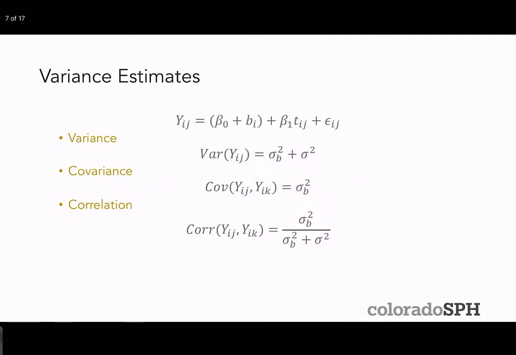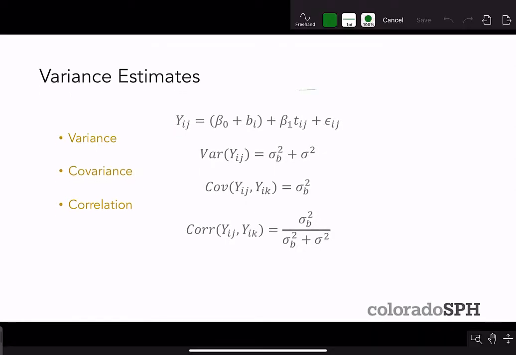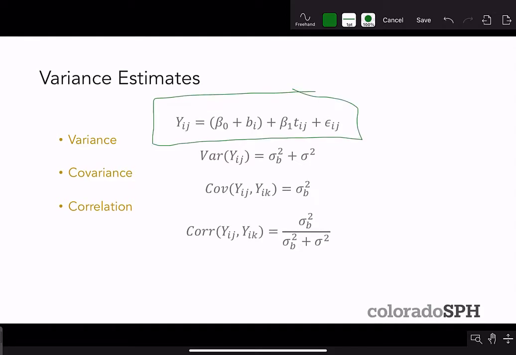So we also get variance estimates from this model. And you may recall me saying that with longitudinal data models, we partition the variance into within-subject components and between-subject components. So the total variance for this model is going to be sigma squared b plus sigma squared, and I'll show you where that's coming from. That's coming from the fact that if we want the variance of Yij, that's going to be equal to the